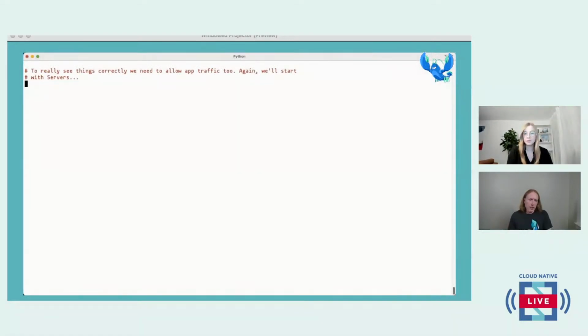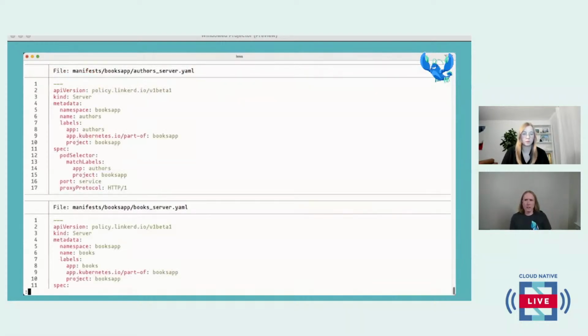We do still need to allow the application traffic, of course. And so we'll start with servers there again. We have servers for authors and books and the web app. We're going to take a look at all of these. They're all pretty much the same. It's basically, we're going to create a server, in this case, named authors in the Books app namespace.